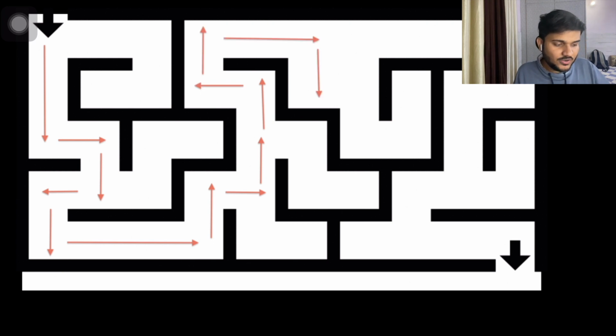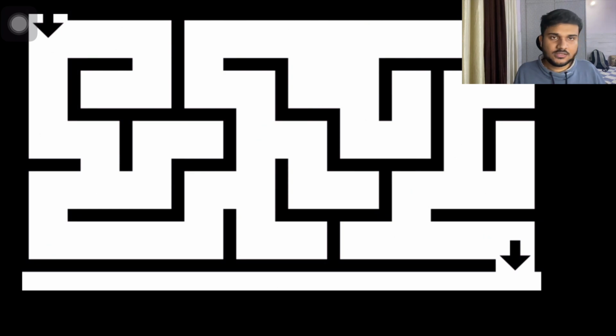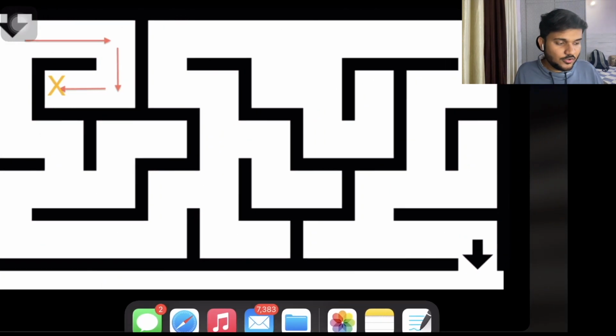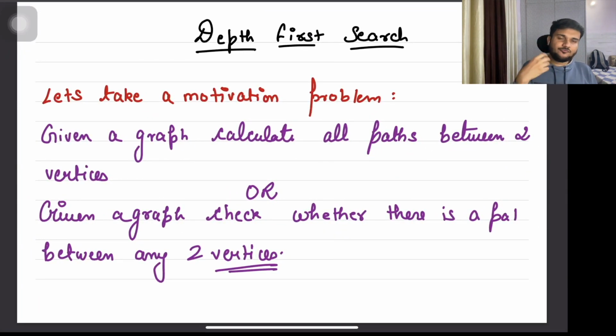Slowly and steadily, one by one you will be exploring all the paths. Sometimes you will not get the path, and there will be a few cases in which you will be able to successfully find the path. So here if you go up, again no path found, and now it is going to come back here, and finally it is going to have its path. See, the path was found. This is one of the most common examples of depth first search. What does depth first search represent? It represents that if you want to answer a sub problem, you are going to explore that sub problem properly first, and then you are going to go forward with the rest of the sub problems.